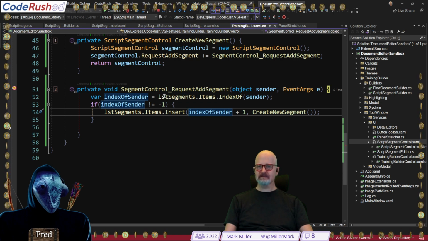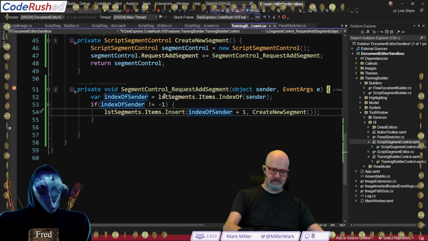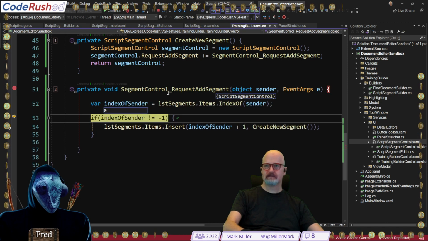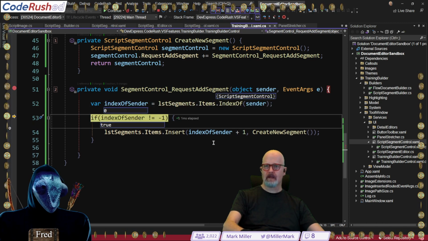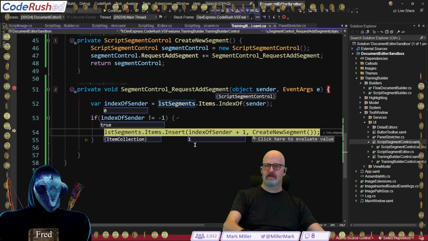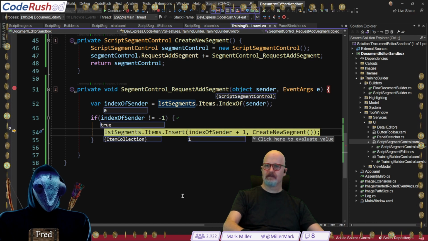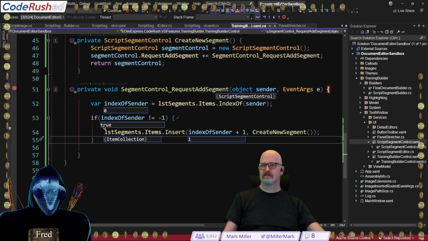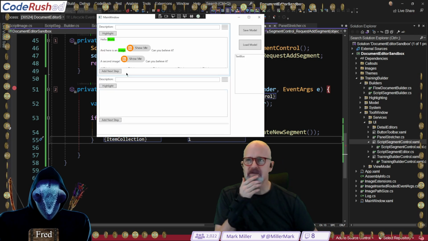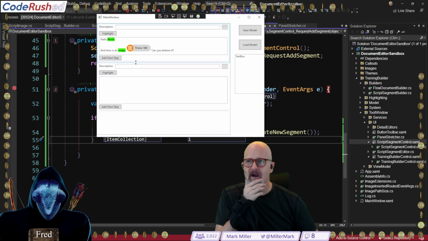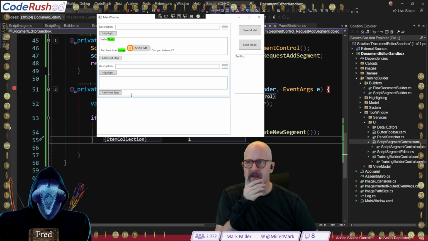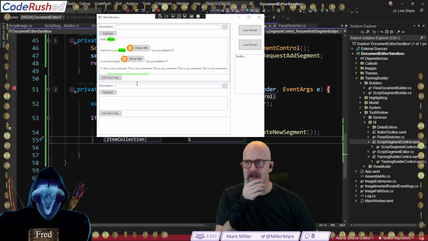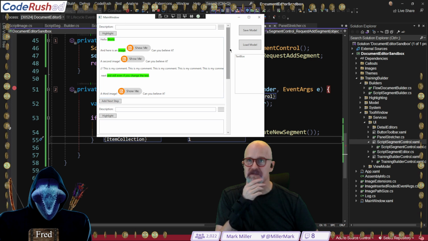Well, the only way it could be out of bounds is if the one that's sending the message is... If there are 5 items in the list, then 4 is the current largest item. So you should be able to insert at 5. It worked. Because it's the same as appending, right? Okay, so now let's look at it. Okay, that looks like this is working pretty well. Sweet. So now I can have items in the list box of different heights.